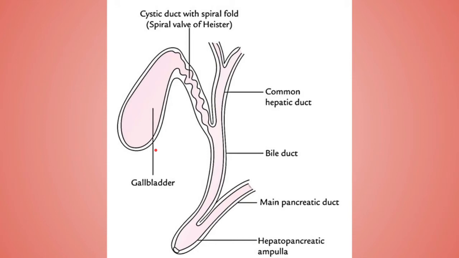Now the next part of the EHBA is the cystic duct. Now this is the cystic duct. As you can see, I told you before that in the neck part and in the cystic duct part we have the spiral wall or spiral mucus structure. This mucus structure is spirally arranged to prevent obstruction of the in and out passage of the bile duct, right? And this spiral valve in the cystic duct is known as the spiral valve of Heister.